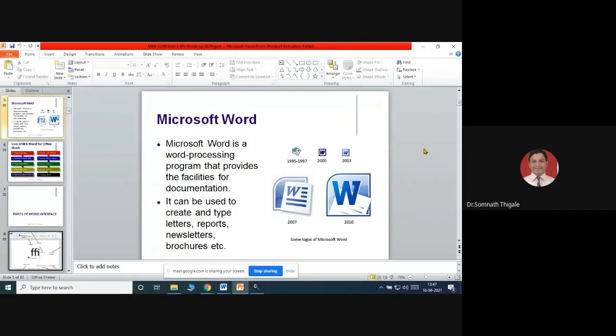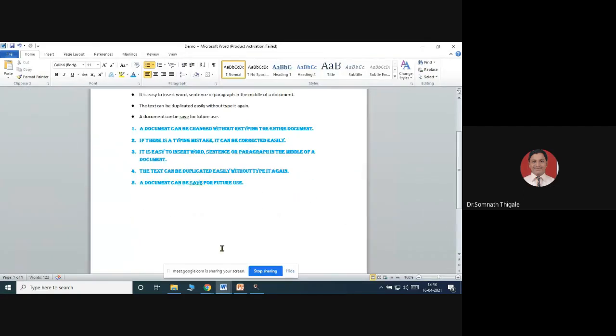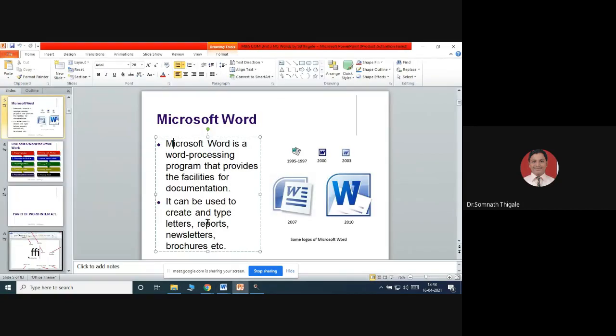So Microsoft Word is a word processing program that provides the facilities for the documentation that I have demonstrated to you. It can be used to create and type letters, reports, newsletters, brochures, etc. So this document that I have just opened in front of you can be used in various ways. One application is to prepare reports, or I can say I just want to prepare my resume.